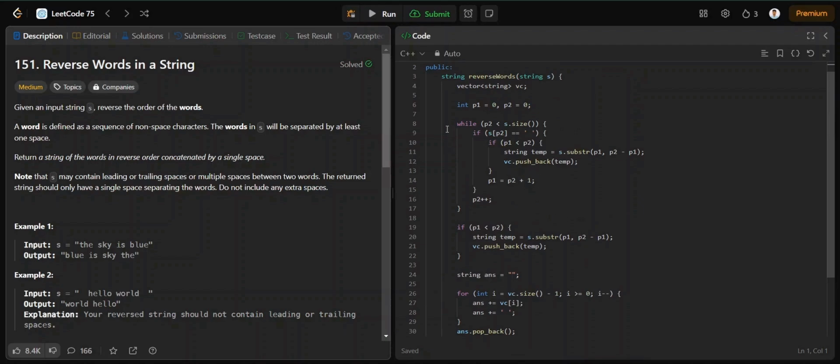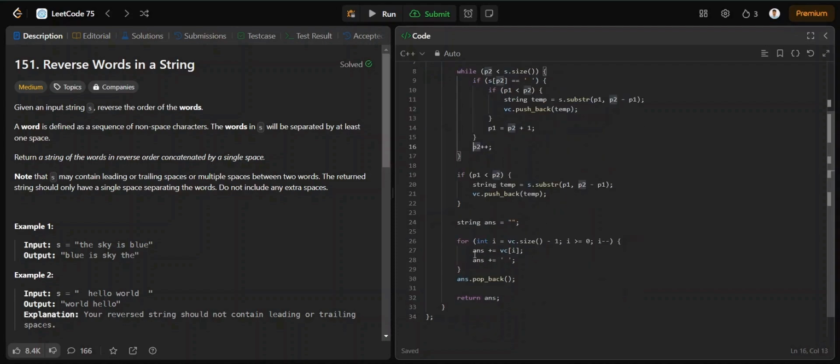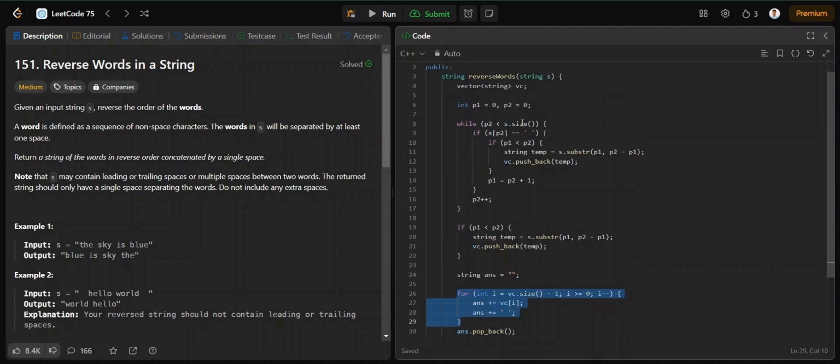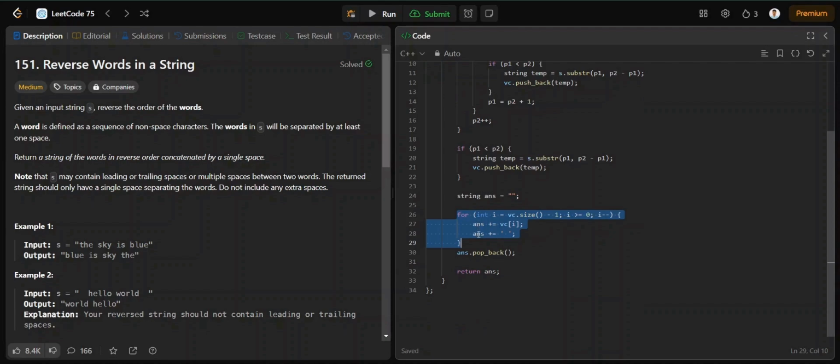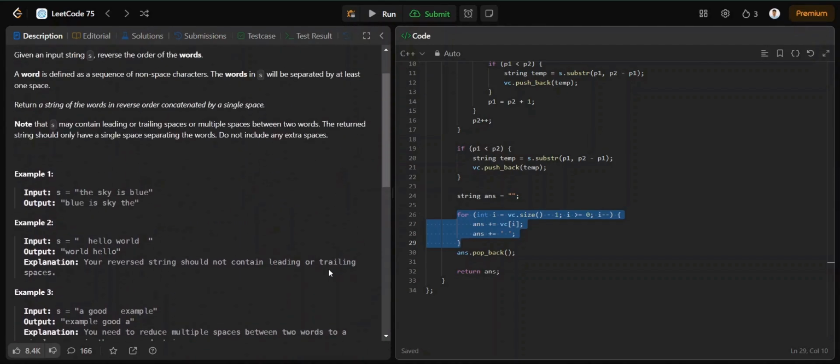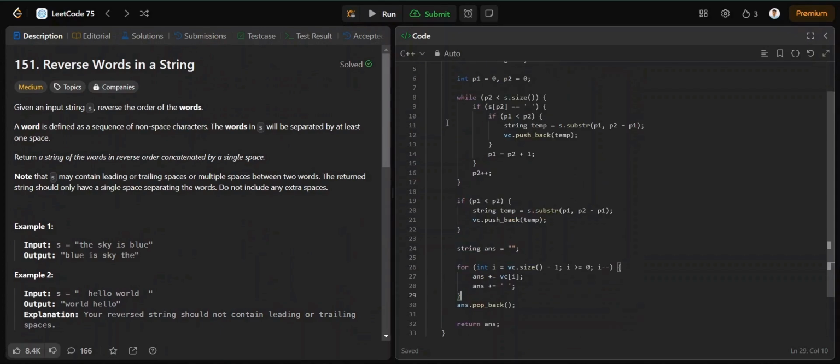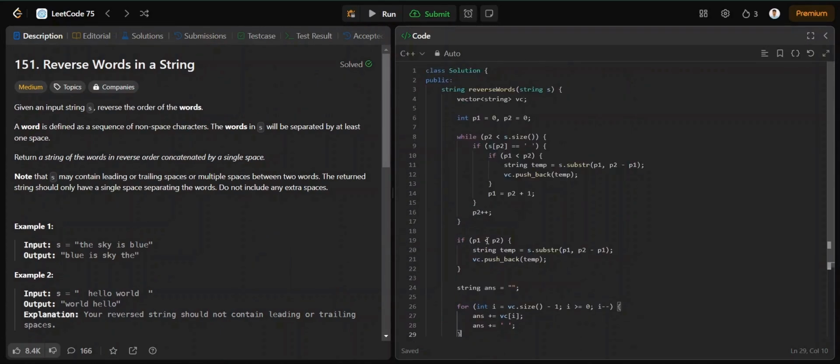So the time complexity: this for loop is running from 0 to the end of the string, so this is big O of n, and this for loop will run to the size of the vector. It will always be less than or equal to big n, which is the size of the string. So overall complexity will be big O of n, and the space complexity, as we are using a vector of string